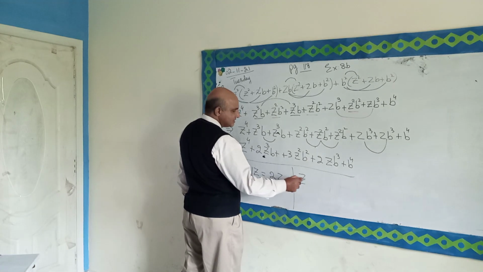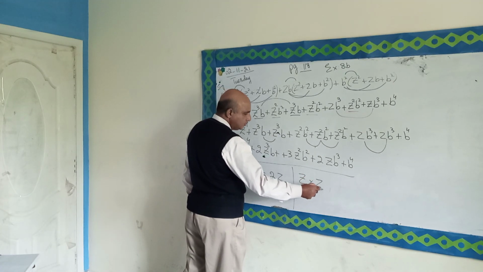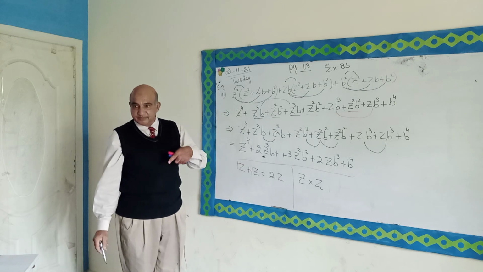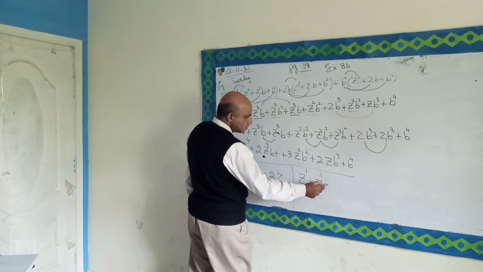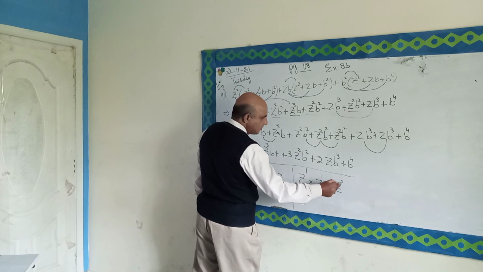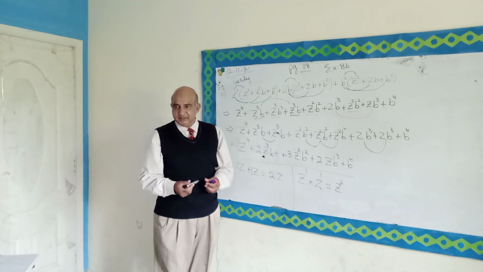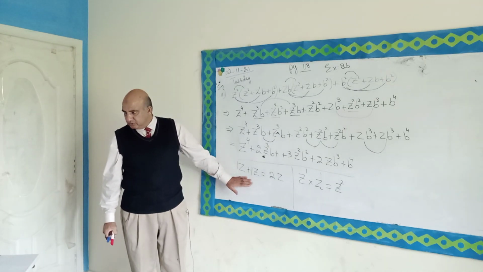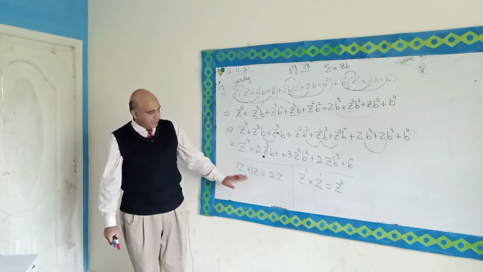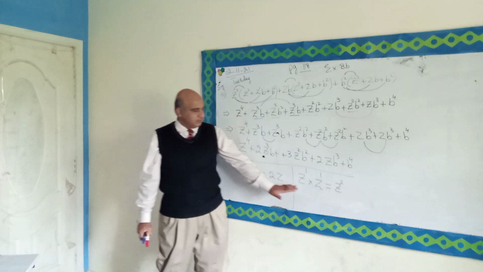When we multiply Z by Z, we add their powers. So it is 1, 1, so we write it as Z power 2. Have you seen the difference? Yes. When we add the same variables, we add their coefficients, and when we multiply the